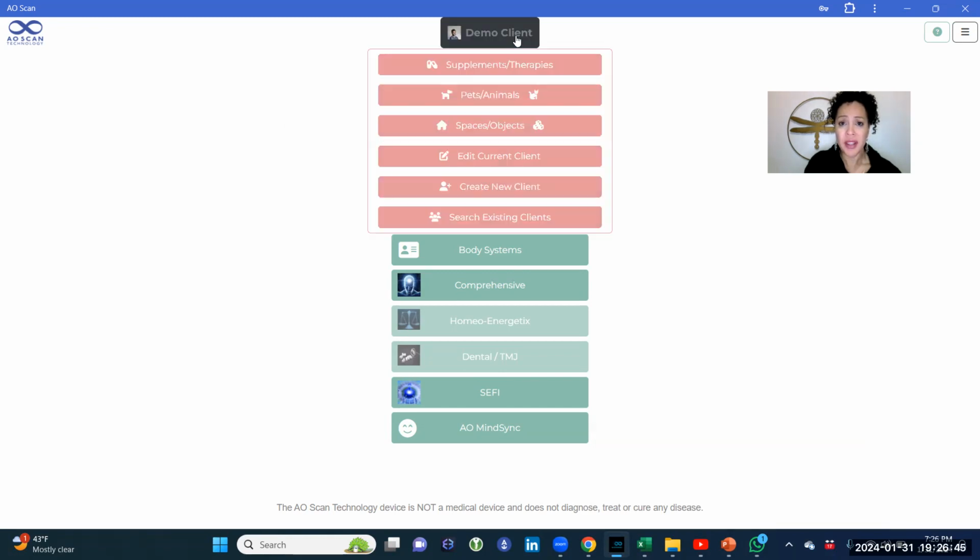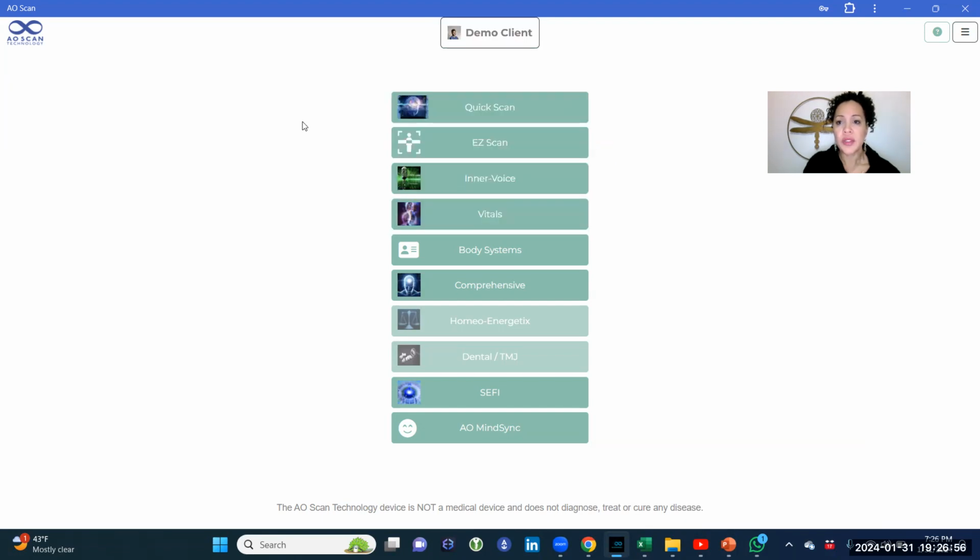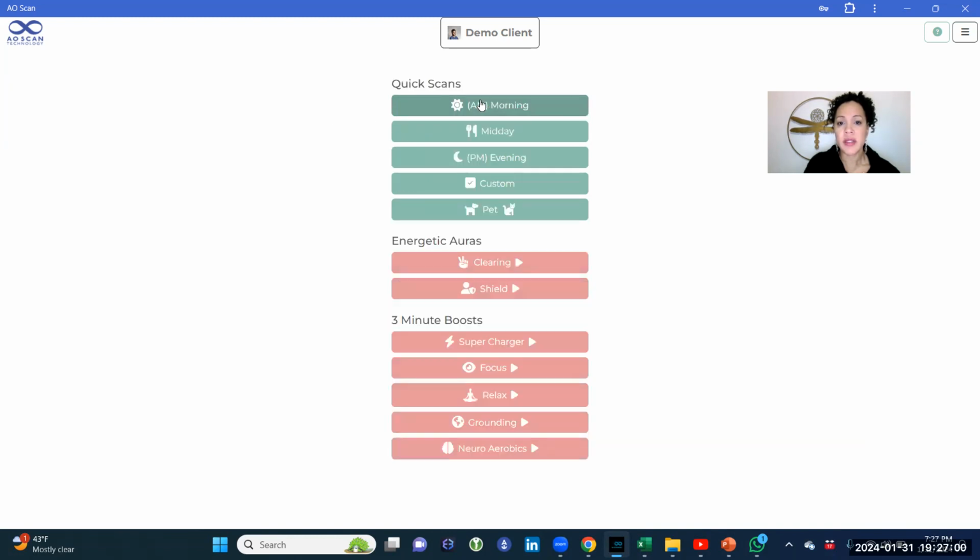Up at the top, you can create your profile and then you add your pet's profile and that will attach to you as the owner. Once you do that, you have your pet information in there. You can run several different scans. One is the pet scan here under this category, and what that does is it will share with you the suggested supplements that may be useful for you to use with your pets.